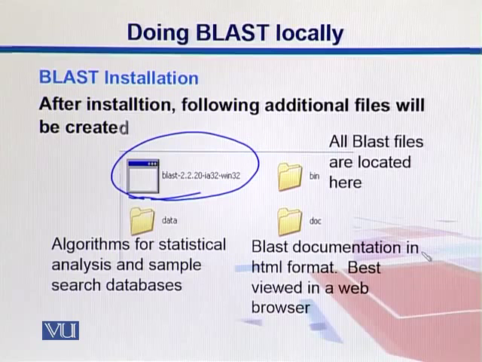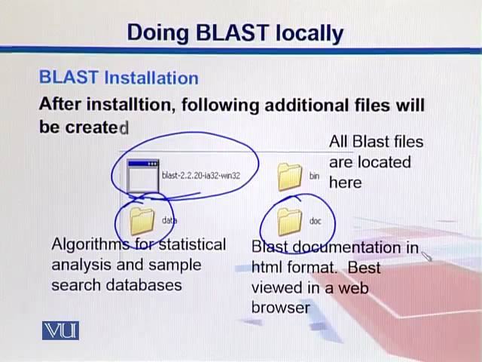Then you have these folders. You have the data folder, which contains different algorithms, etc. You have documentation, normally web pages, so it's better to view them with a web browser. And the rest of the BLAST files are present